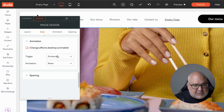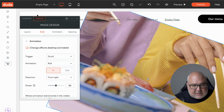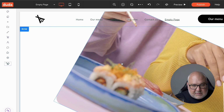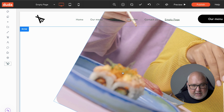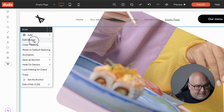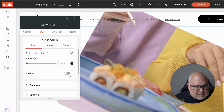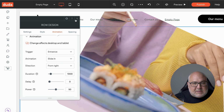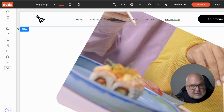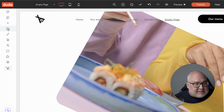So when somebody comes to the site, they first come to the page, or if they scroll down, we can add a bounce, a rotate, roll, slide, fade. So it could get silly if you wanted it to. Elements can do whatever animation you want from that list. Let's edit the design. So instead of, do a fade in. Okay. So there's a lot of flexibility there to get creative. Obviously that didn't look great on this one, but some other things that you should be aware of